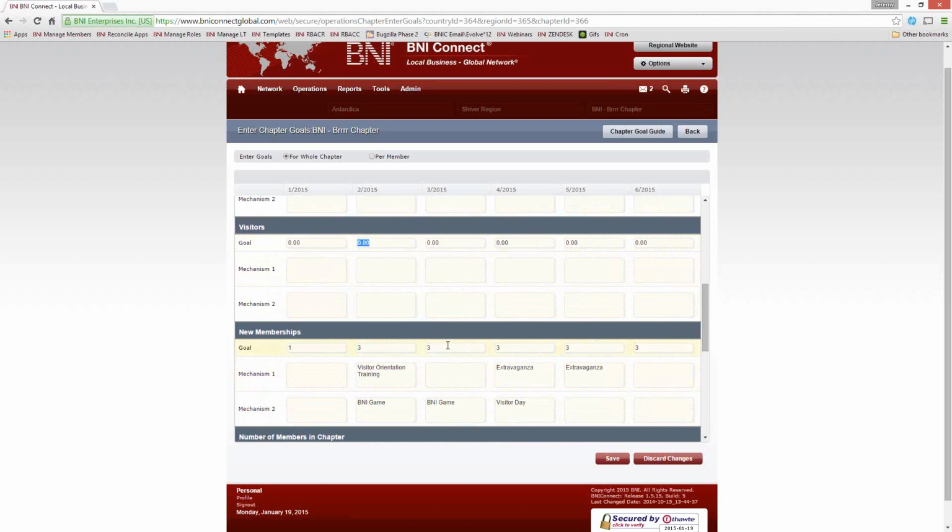So I'm going to go ahead and say 10 visitors per month in order to hit those 3 new memberships, which of course would need to be somewhere in the vicinity of 2 to 3 visitors per week.